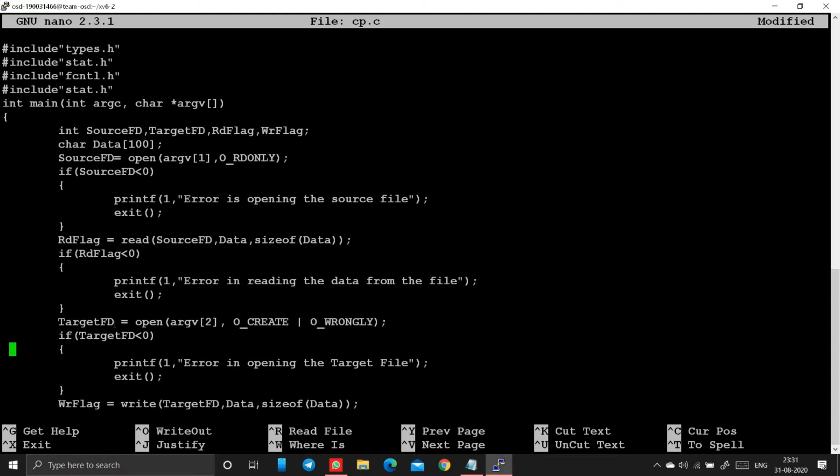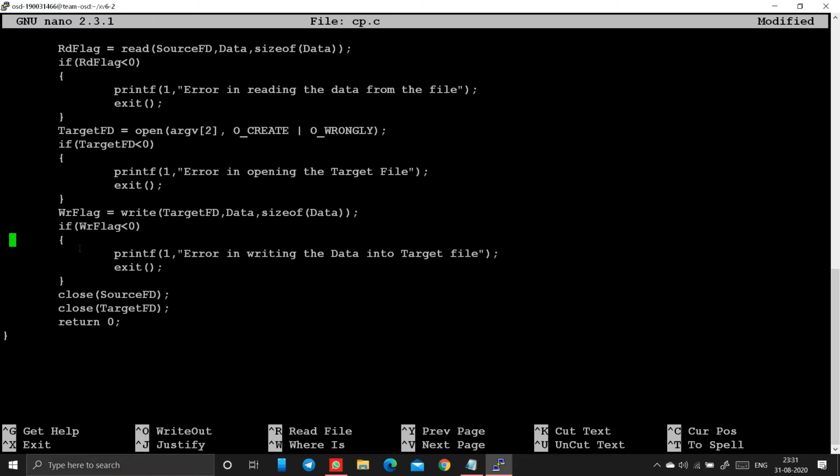If any exception rises, we use exception handling, meaning error raising. Next we will go for the read flag, which is used for reading the text from the source file, and if any error arises, it raises an exception. Then next, we open the target file, and if any error arises, return the error. And at last we are writing the text to the target file. If that doesn't compile, then it should also return some error.